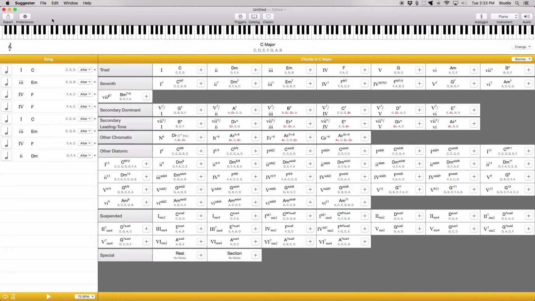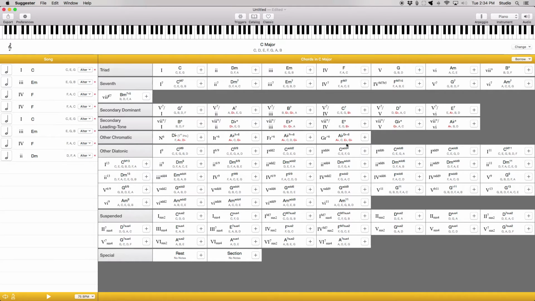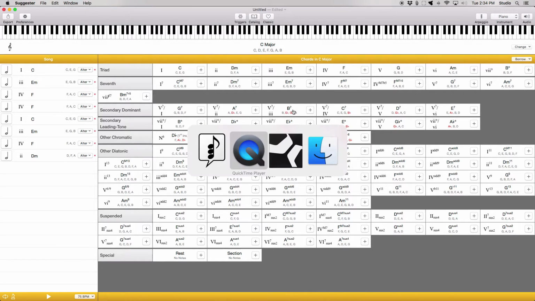So the next thing that I'm going to do is export this as a MIDI file. And let me see where I can put this. Put it here. Let's put it in Music. And let's call it C major. Then save. And now I can go to my DAW,